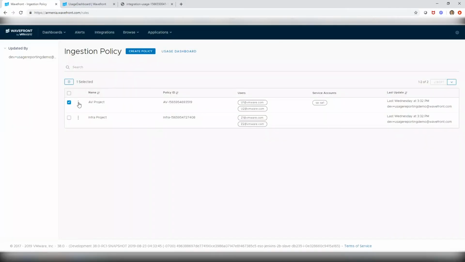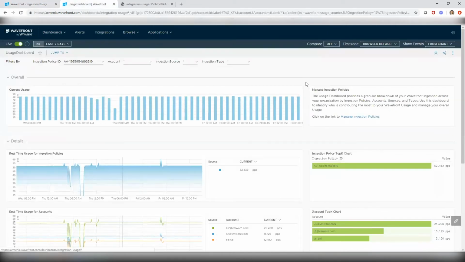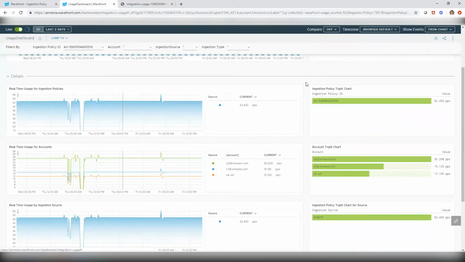So once I have established this mapping, the next thing I need to do is to go to the usage dashboard, which will help me get the breakdown through various charts. So the first chart shows me how Wavefront is being used over time. And then the other charts show me how Wavefront is being consumed